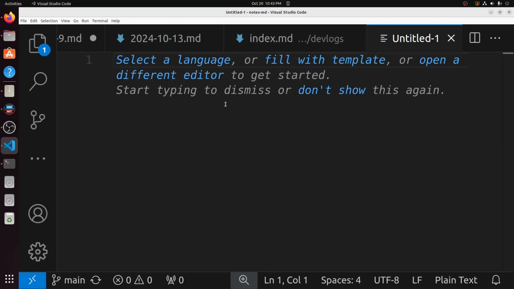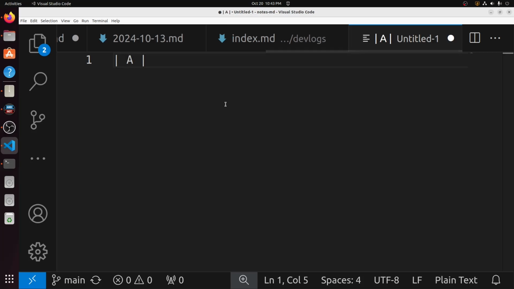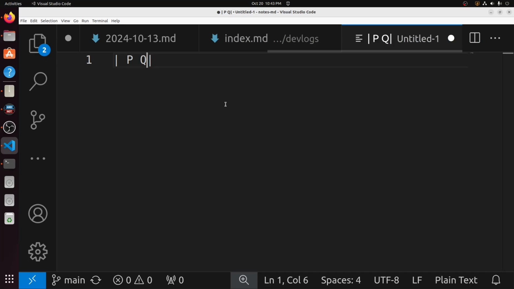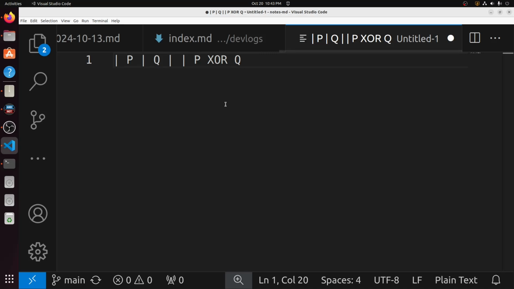Before we get started, I'm going to discuss the idea of a truth table. A truth table is a basic table, and we have certain ideas. For example, when we discussed XOR, we had a P, a Q, and we also had a P XOR Q. These are the basic ideas. So with these values,